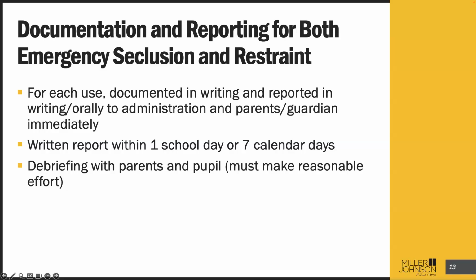And so how that works and what that looks like will obviously be guided by building administration, but building administration is going to need to know that it's happened and they're going to need to know in real time that the situation has occurred of an emergency seclusion or an emergency restraint. There is an obligation, as noted there, to contact the parent or guardians and to do so promptly. Whether that call gets handled by administration or by staff in the room will ultimately be part of a discussion with the administrator. Typically, that call comes from administration, but that is not legally required. That's something that you'll need to work out with building administration. You see the timeline there.